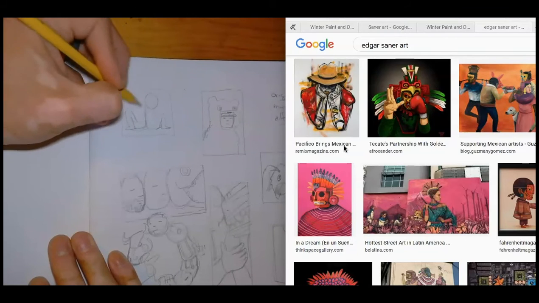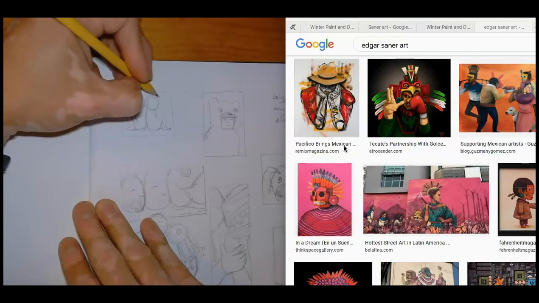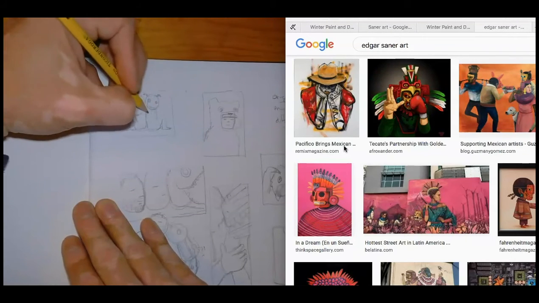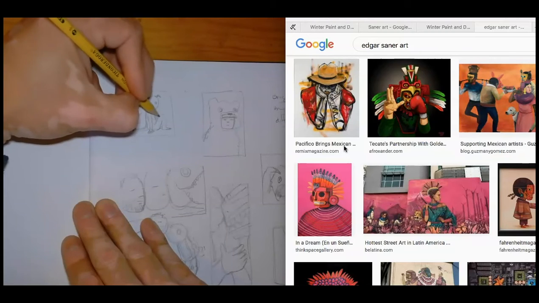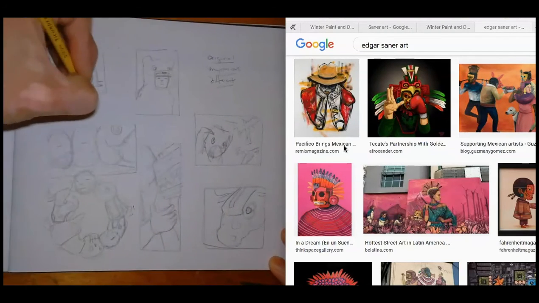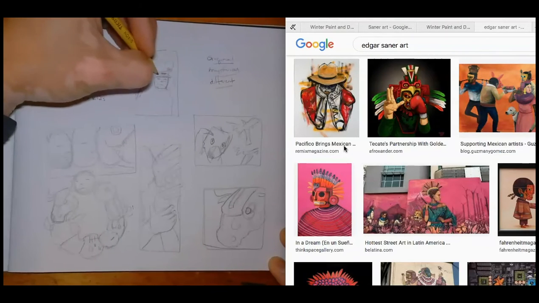All right, so now I just came up with 1, 2, 3, 4, 5, 6, 7. You guys aren't limited to how many you should sketch. I would say sketch at least 6 or 7 to get your best idea. Notice how I went ooh once I drew that one. I had never thought of this idea before, and it's now my favorite, and it was my 7th. So that's how you come up with really good ideas. You don't stop at the most immediate idea,